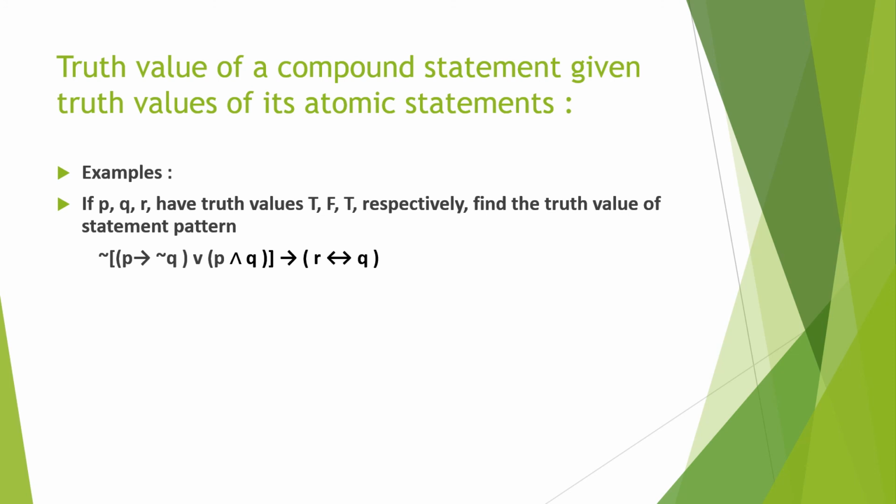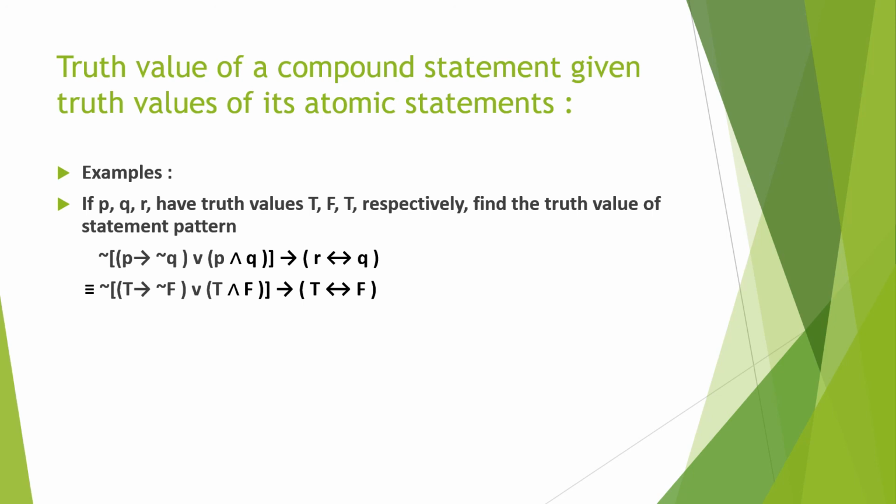So first step is to write the truth values of P, Q and R. In the next step, substituting those truth values, we get negation. Now truth value of P is T, Q is F and R is T. So substituting those, we get negation T implies negation F, or T and F implies T if and only if F. Now use those rules for all the connectives. So in the first one we have negation F, so that is T.